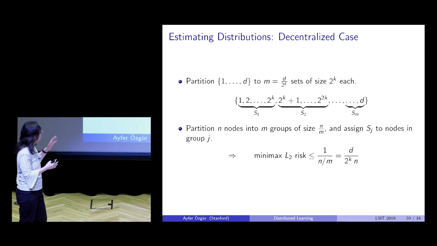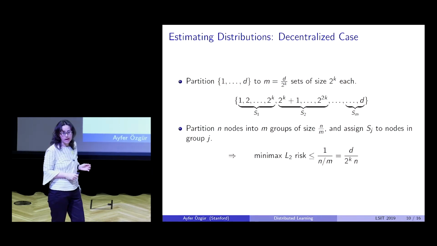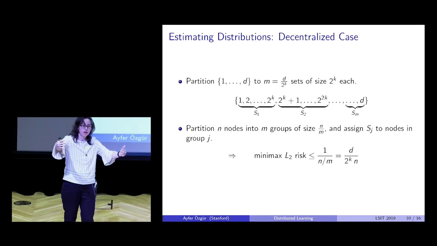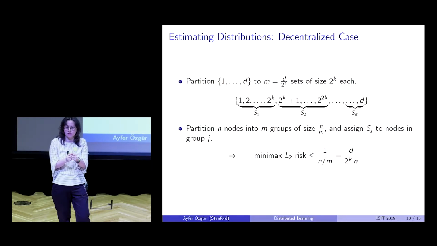In this case, you can consider this very simple strategy. Take your alphabet, which is of size d, and partition it into subsets, each of size 2 to the k. So the number of subsets you will have will be d divided by 2 to the k. Let's call that m, okay? So now I have m subsets and n nodes. I can assign each subset to n over m nodes, and each node will be responsible only for monitoring those 2 to the k symbols in its subset, meaning